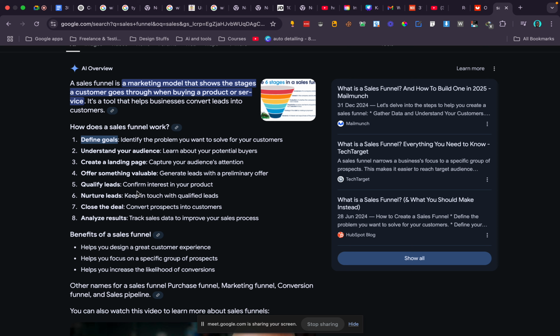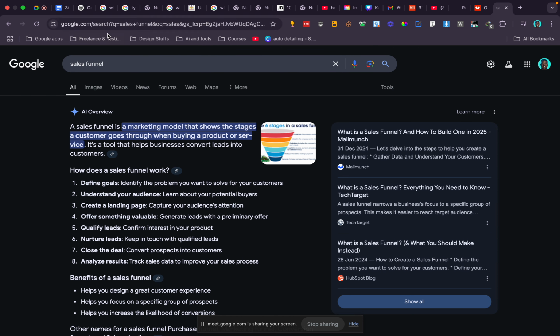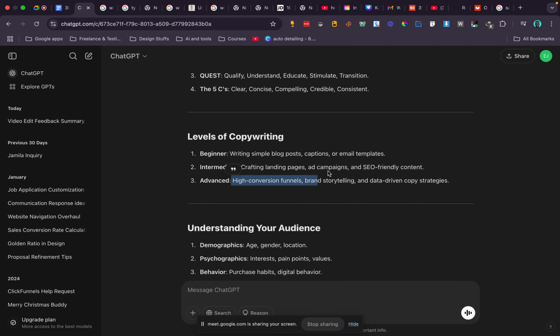So at that point, they are warming you up because you are their target audience, and then you are almost getting into the stage of becoming a customer to them. And the moment it is what you need, they give you an offer and then you buy that offer. That moment you have become their customer. So that is where closing the deal comes in. They convert prospects into customers. So that is how it works. Then you can now analyze your result. That's just about sales funnel. We're not here to talk about sales funnels.